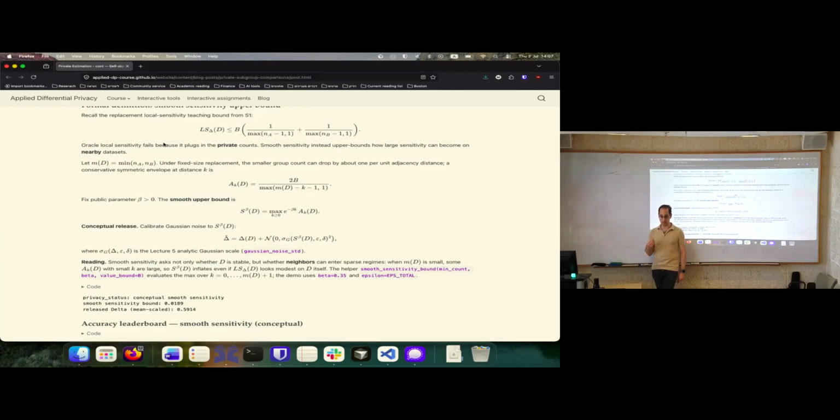What do I mean by smooth? It has this property that changing one element doesn't change this quantity by much. So a low-sensitivity upper bound of the local sensitivity, in a way.